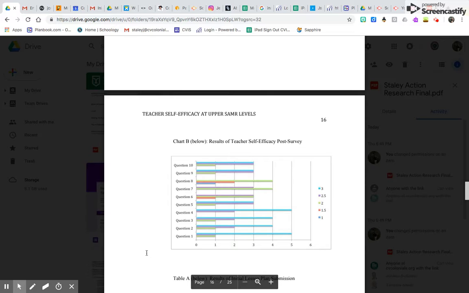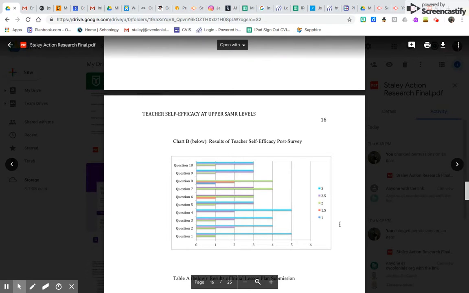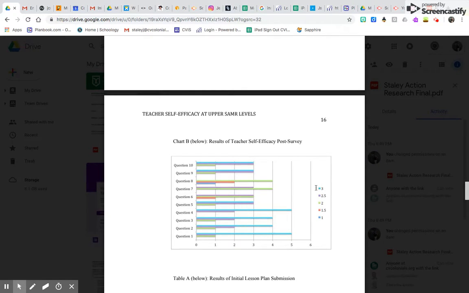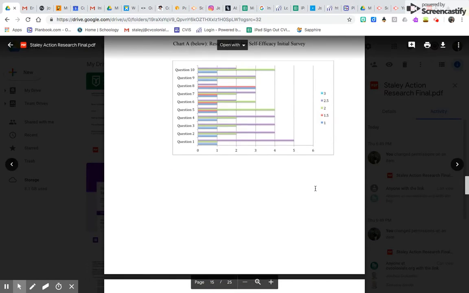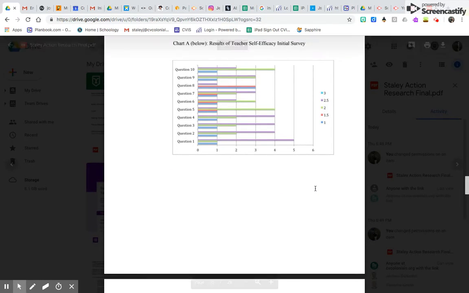Here you can see that there are definitely more responses in the 3 category, which was the strongly agree category, whereas in that initial survey, we're not seeing many of those at all. So I did see an increase when I gave the post-assessment.